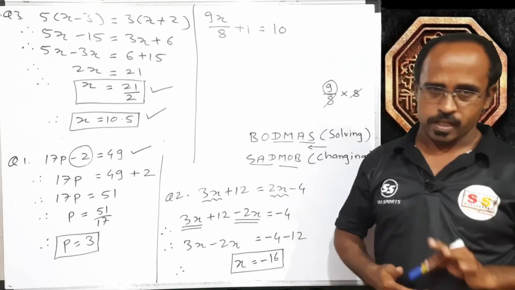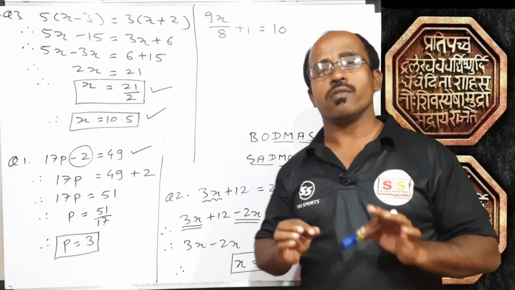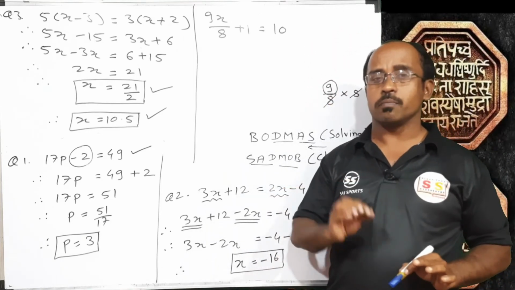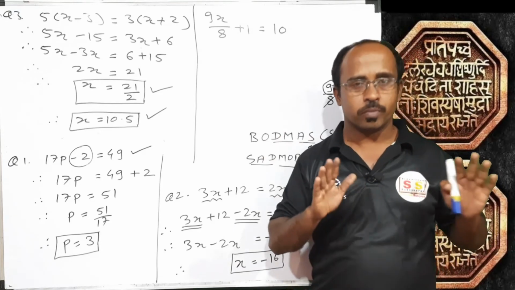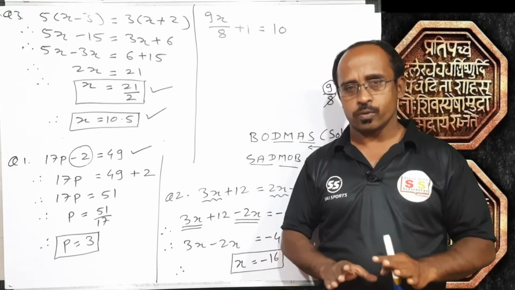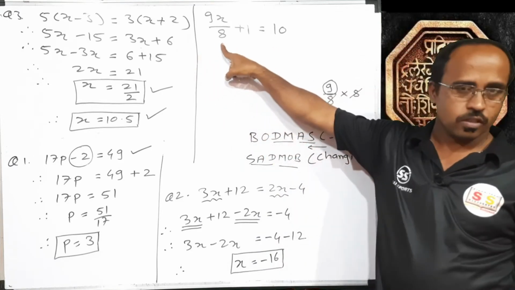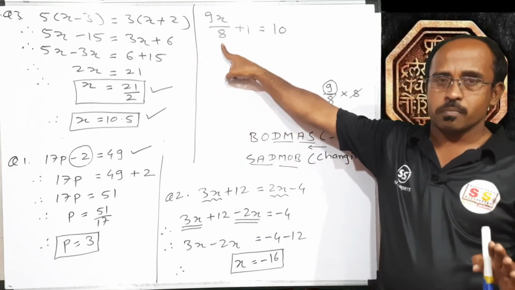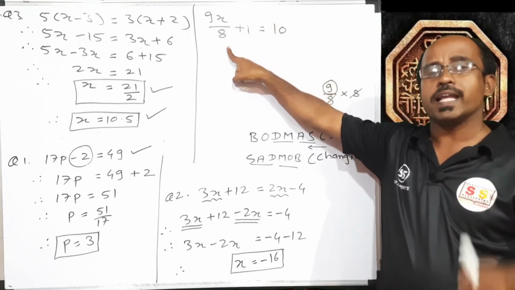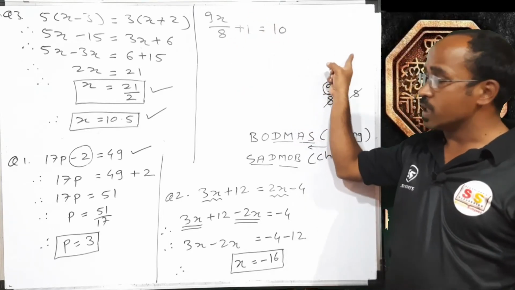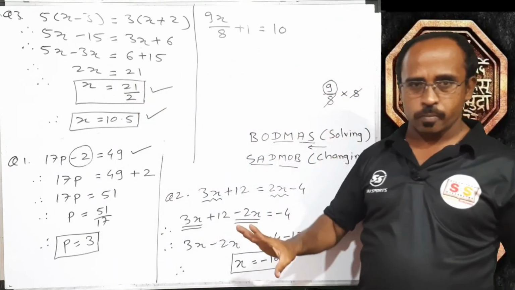it will eliminate. Clear, students? But while solving an equation, we can't multiply only one number. It will change the balance. It will change the value of the equation. So what do we have to do? We have to multiply the whole equation by this denominator. So please remember, to eliminate the denominator of any one fraction, we have to multiply the whole equation by that denominator.